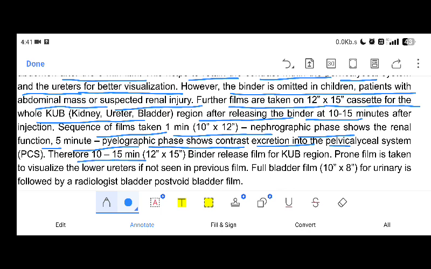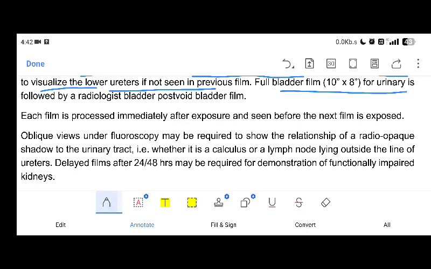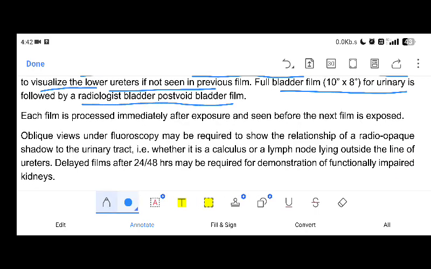and then at 10 to 15 minutes, 12-15, the binder is released, and a film for the KUB region is taken, and a prone film is taken to visualize the lower ureters if not seen in previous films, and a full bladder film is taken, followed by a post-voiding bladder film, and each film is processed immediately after exposure and seen before